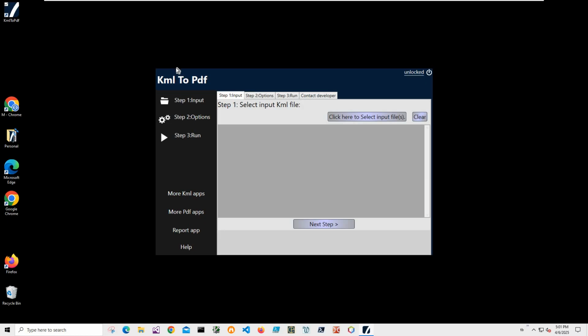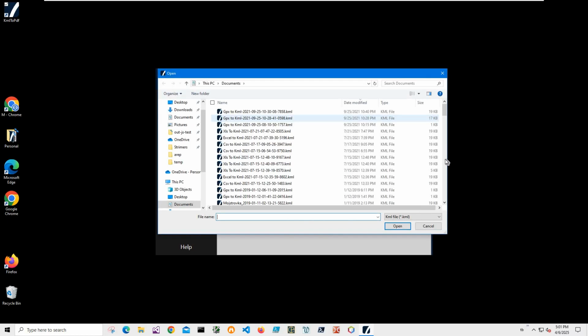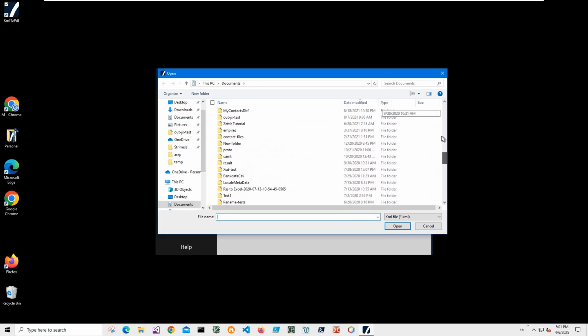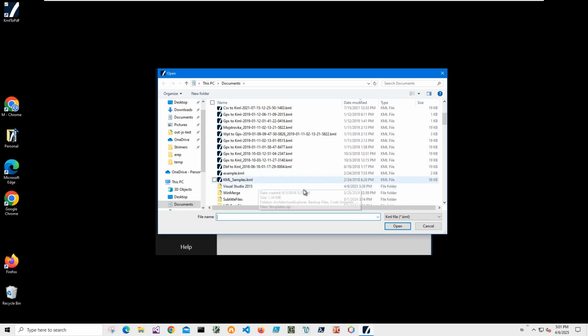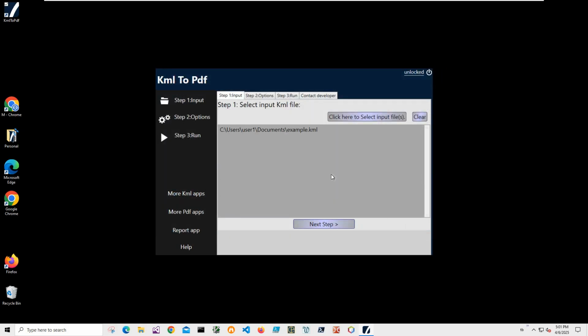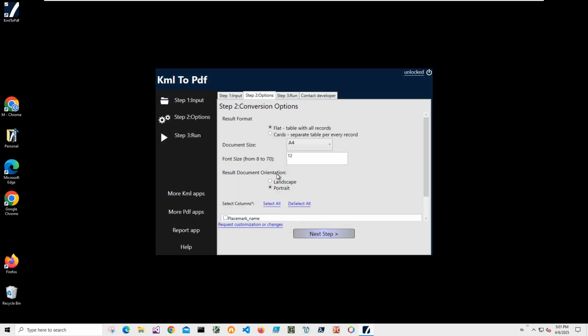Now the conversion is a 3 step process. In the first step we will select the KML file we'd like to convert. I click on this button and navigate to some KML example. Let's try this example. Click on next. On the second step I can also specify 2 or several KML files, but